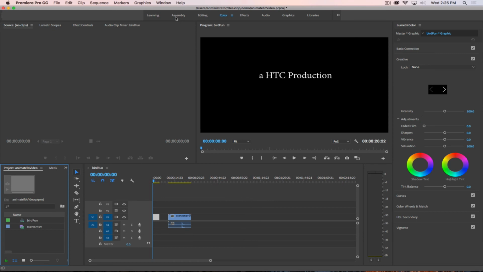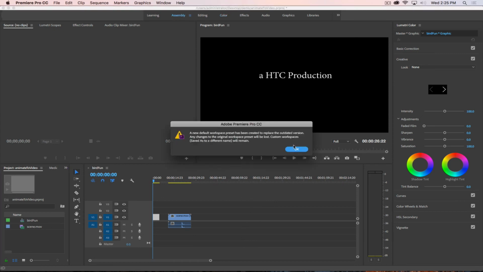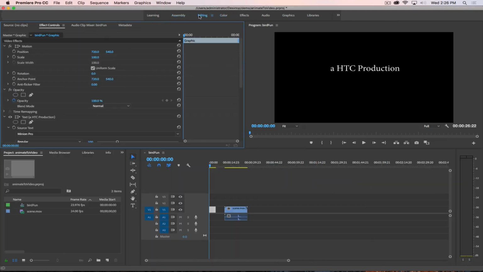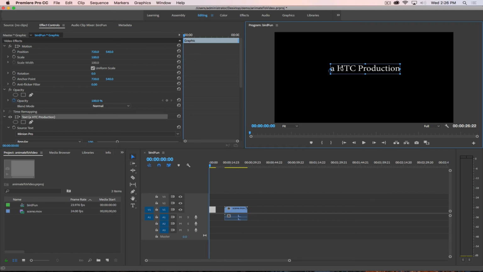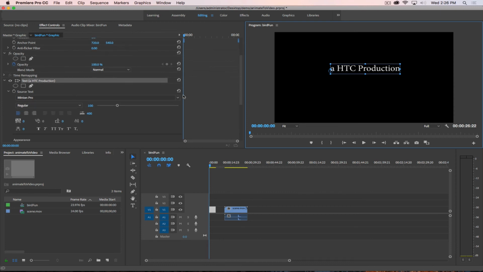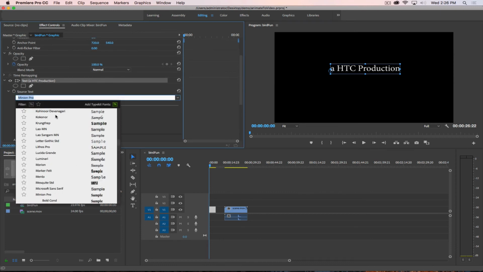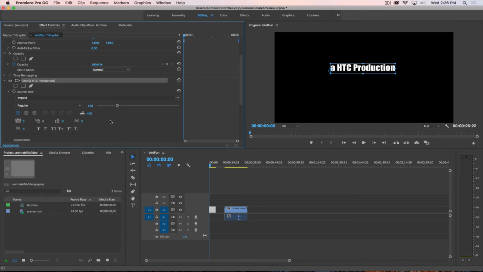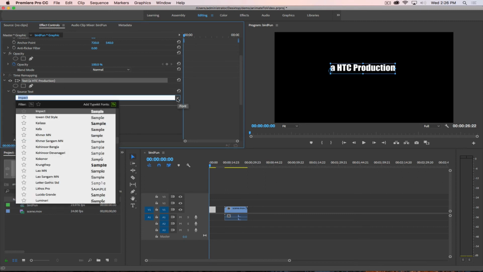The workspace buttons, I forgot that's how it changes it. I didn't mean to do that. But across the top we have our different workspaces. So if I click on those, it changes where the different windows are. I usually am in some version of the editing workspace where I now have my effects controls over here. And if I click on this text, we will see that I have my text present, and I can now